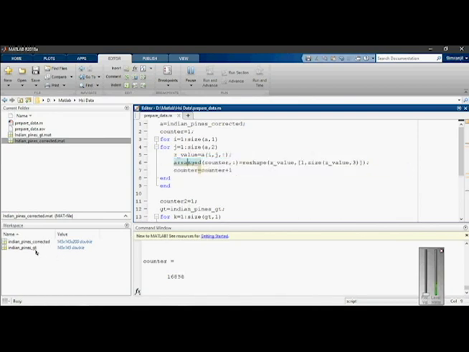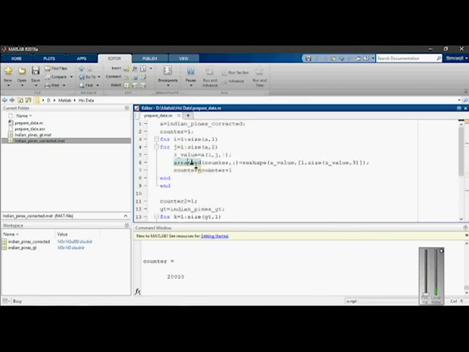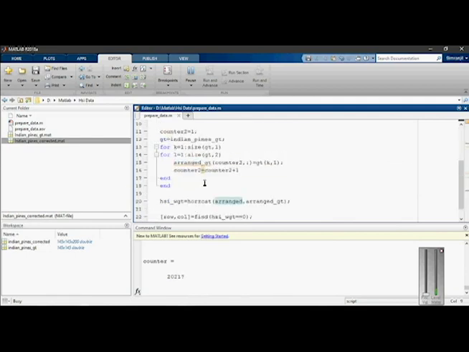In the same way, the ground truth value is attached to each pixel. This is only 145 by 145, so a similar kind of procedure is followed here. So this is the arranged data set, and this is the arranged ground truth. It will take a few minutes, because the pixels number 145 by 145, which is 21025, so that is why it's taking time.